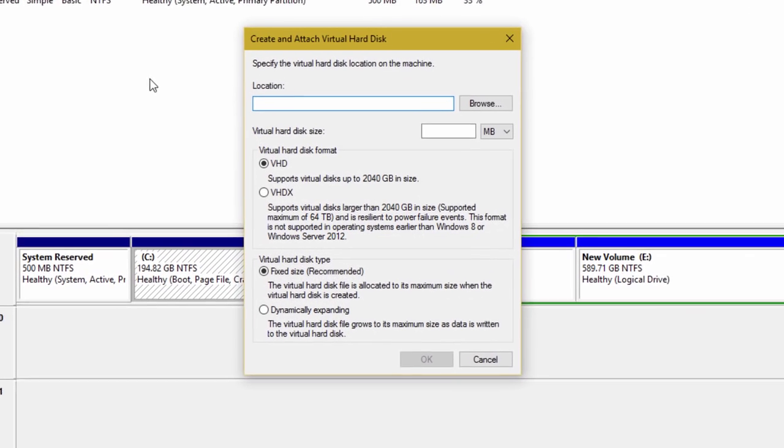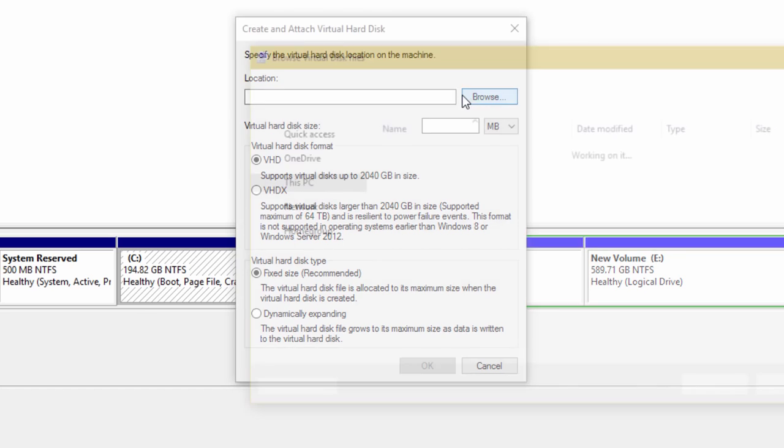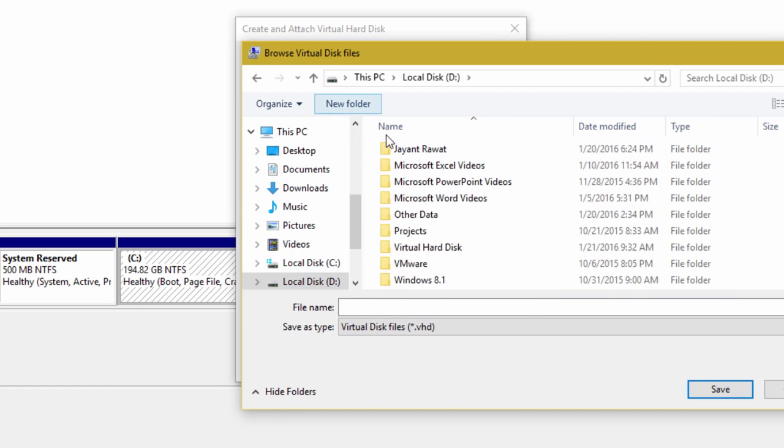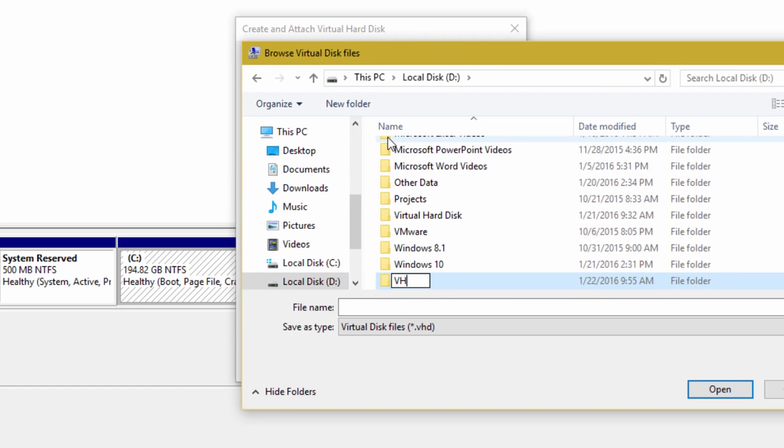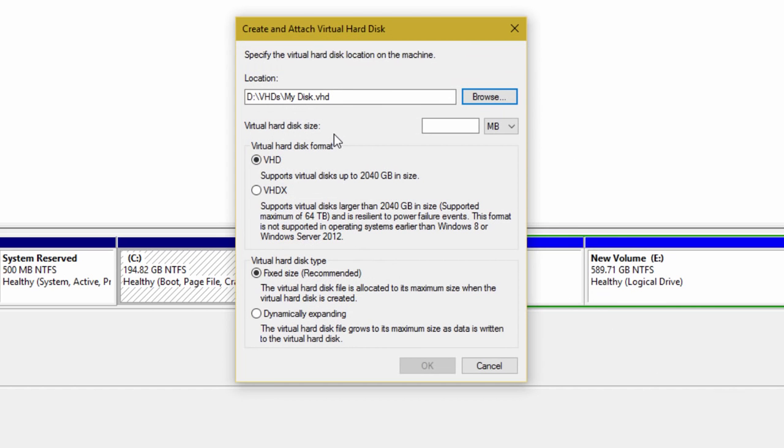The first option is to choose the location and file name where you want to save your virtual disk. Click the Browse button and then move to the folder where you would like to save the virtual disk file. Type a name and then click Save. The next option is to choose an appropriate virtual disk size. The minimum requirement of size is at least 3 MB and you can create a virtual disk in gigabytes and even